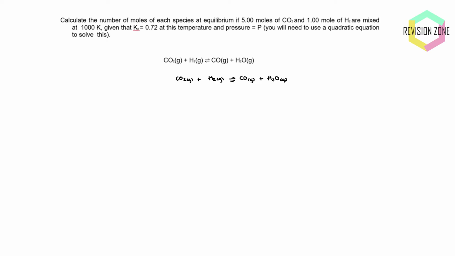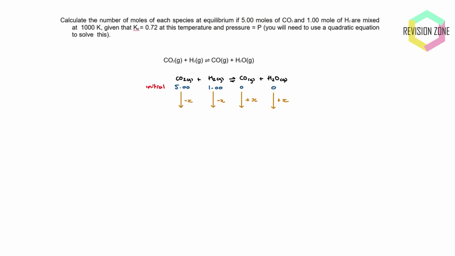So I'm going to start off with the equation, and I'm going to show you the whole lot. So this is no different to what we looked at before. So I'm just putting the initial number of moles of each component at the top. It's 5 moles as stated by the question and 1 mole as again stated by the question. And the products always start off at 0. Well, not always, but in this case they do, because they haven't mentioned the number of moles of any product